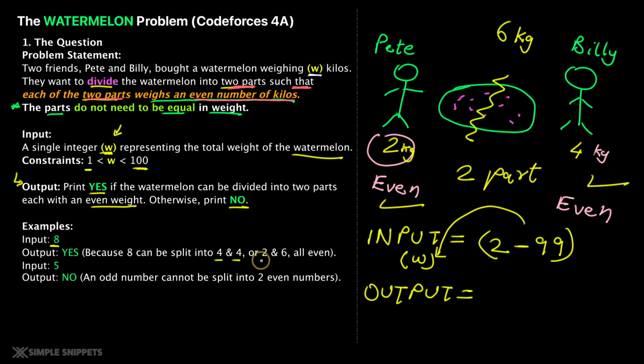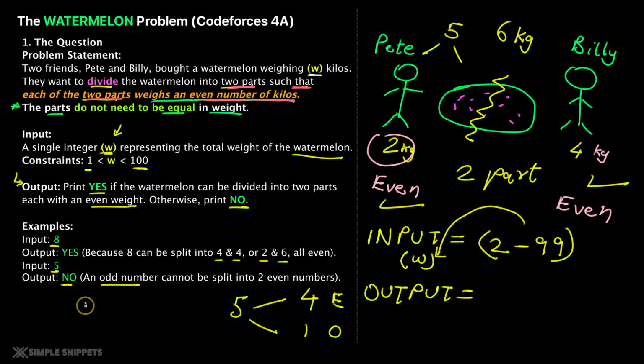It can also be divided into 2 and 6 or 6 and 2. All are even, right? But if you input 5, you cannot divide it into 2 even numbers, right? So the output is no, because an odd number cannot be split into 2 even numbers. Makes sense? Basic mathematics, right? So I cannot divide 5 into 2 parts and expect both of them to be even. So I can say 5 can be divided into 4 and 1, but 4 is even, but the other part